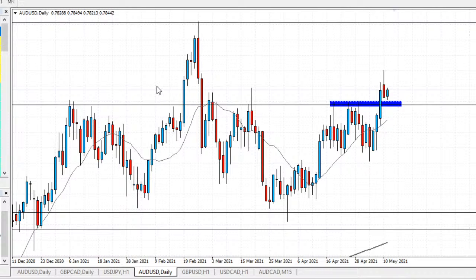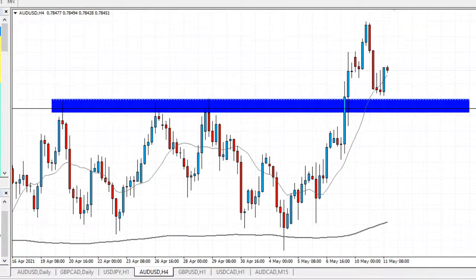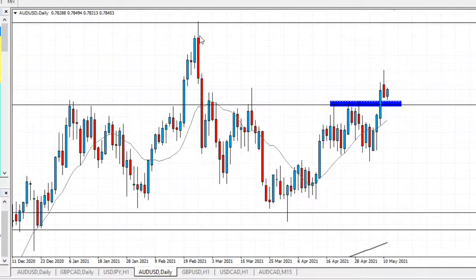But I still feel like this pair could have a little bit more mileage to the upside, because currently I'm looking to buy AUDUSD. I'm waiting for a bit more retracement to the downside to around that 0.78 area. Then if we do get some nice price action formation, a bullish formation, we'll look to get involved in some buys. We'll be targeting 0.8, which is that recent high, all the way up there, and potentially even further, depending how bullish